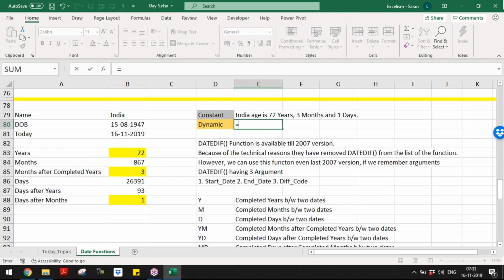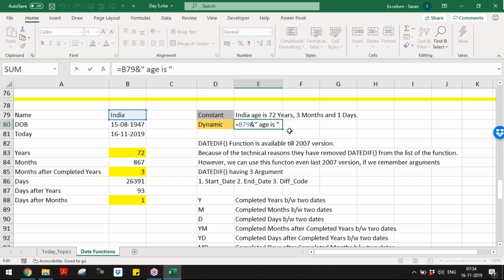Now we know how to join many text items together. Either you can use the CONCATENATE function or even the ampersand symbol. Now, India is my first word. Is it dynamic, or is it a variable or constant? It's a variable, because if I change India to some other name, that name will come. Join this with what? Is. So in double quotation, a space is joined. Why did I keep a space? Because space is also text. Why have I covered it in double quotation? Because text has to be in double quotation. Now if I enter, India is will come.